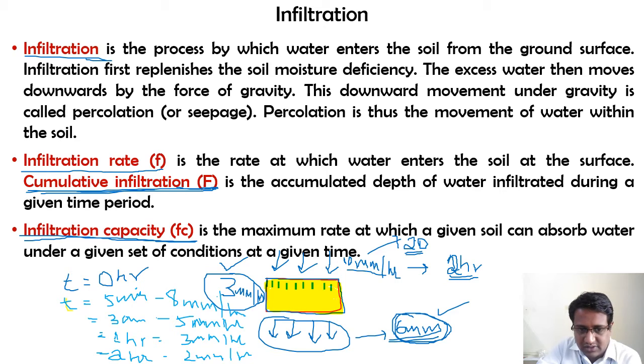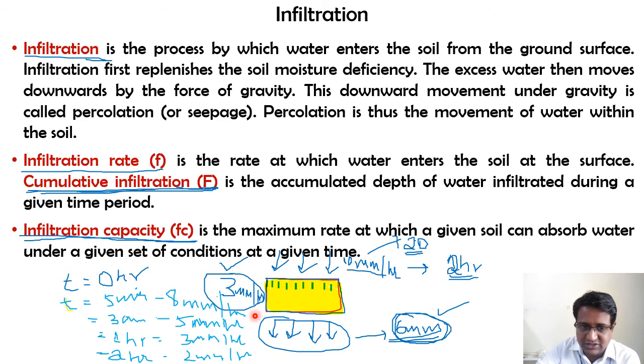Okay, so what I meant by that is what I am trying to explain with these particular values over here. In the next slides we are going to understand in a bit more detail about this infiltration capacity, but in simple terms, during the initial time whenever the rainfall occurs, the infiltration capacity, or else infiltration rate, will be more. As and when the time passes, this infiltration rate is going to get reduced.